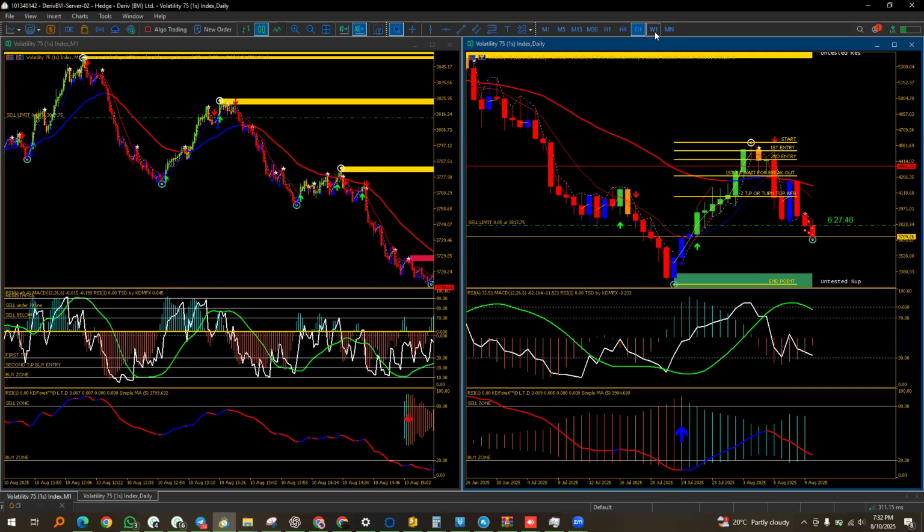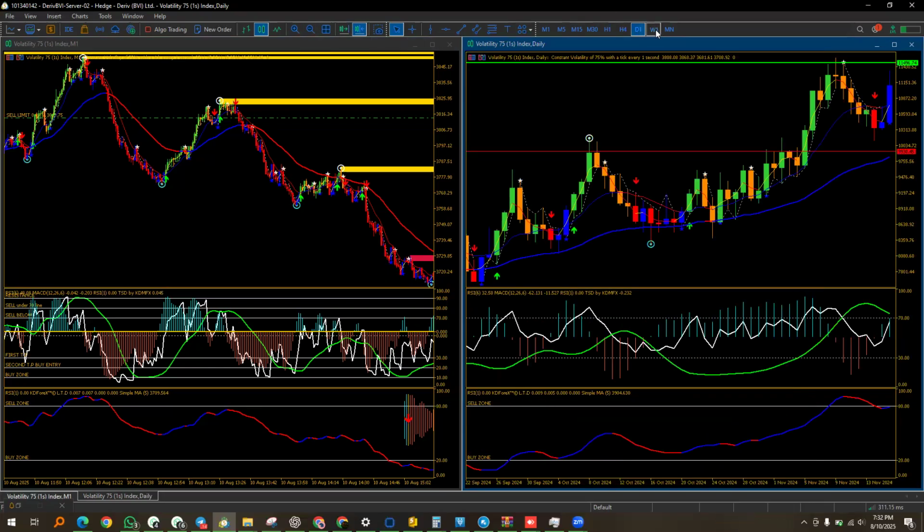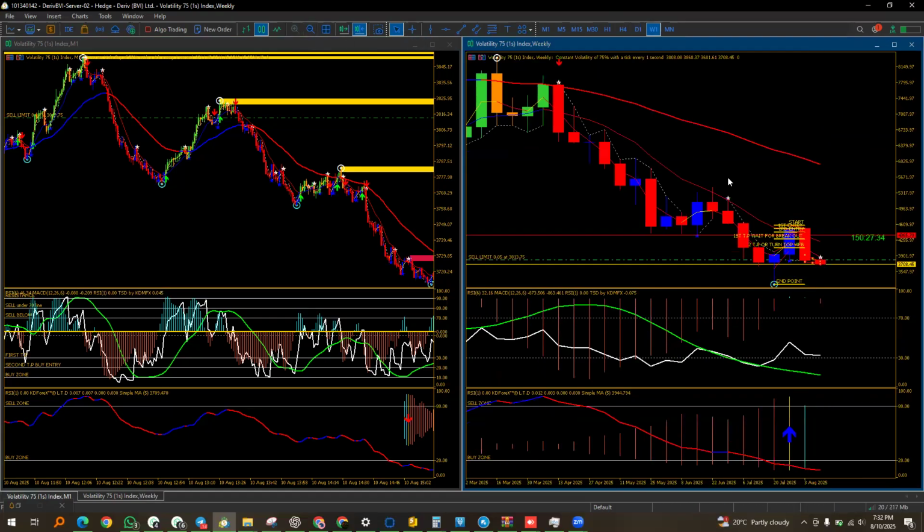So the weekly candle is going to be a bearish candle. You see, today is Sunday, so we have a new candle for the week. So if we look at the previous candle, it's a bearish candle, as you can see right there. It's a whole complete bearish candle. So it's following suit with the signal we got from the point when the market started collapsing, going all the way down like that. You see? Yeah.